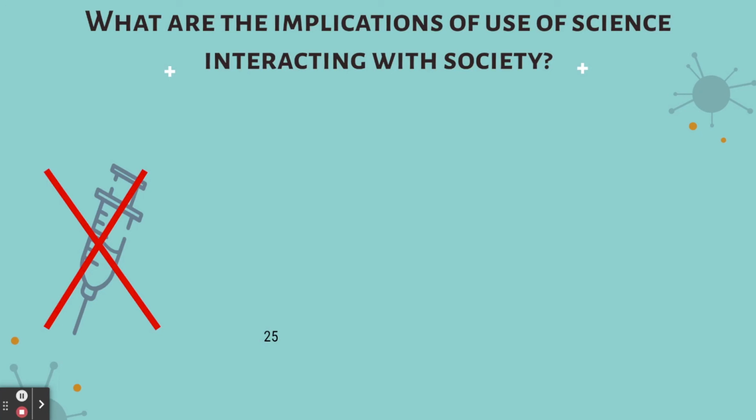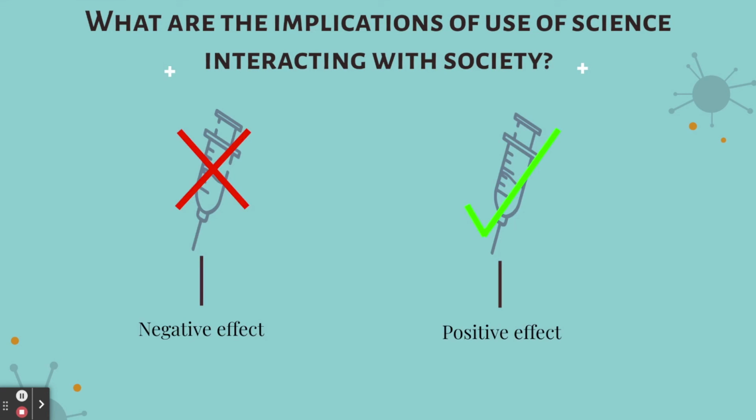But a lot of people decide to stop giving their kids the MMR vaccine because of their thoughts and beliefs about the vaccine. So because of that, they put their children and other people at risk of getting measles. In result, receiving the vaccine has a positive impact on society, and by not getting the vaccine, it gives a negative impact to society.